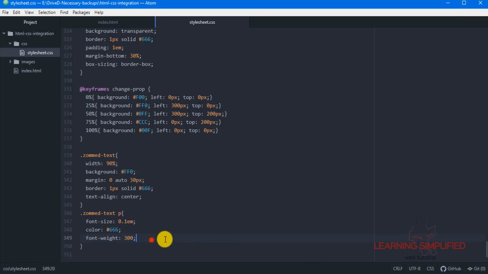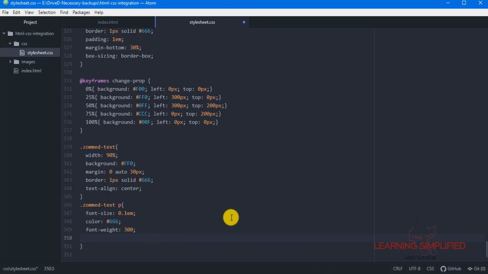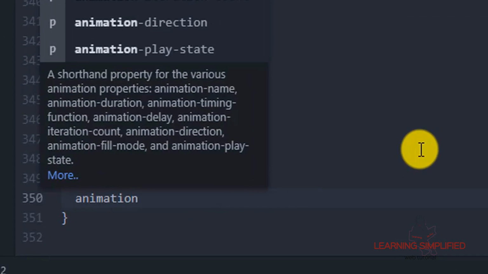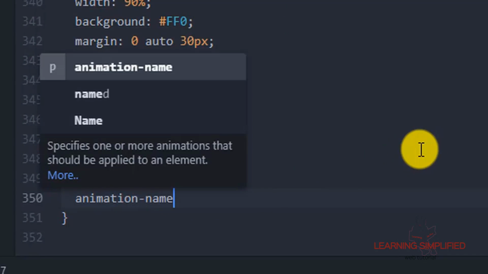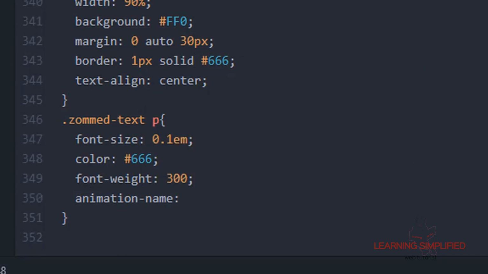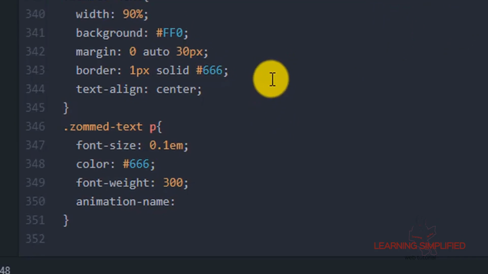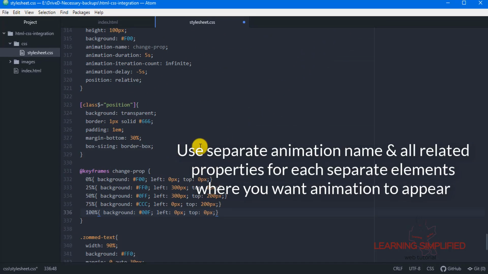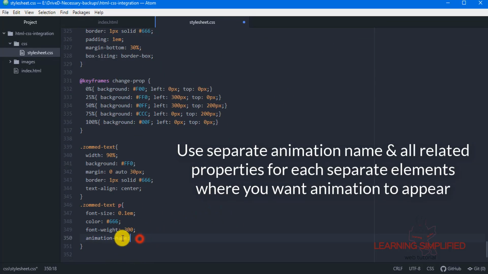We will now need to animate this particular text. So I'm putting an animation name over here. Do not get confused by the idea that if you have created an animation name once, you can use it anywhere for every element that should be animated. This is an entirely wrong concept. For each and every animation part, you need to mention this particular animation name and all of those properties, which have been discussed so far.